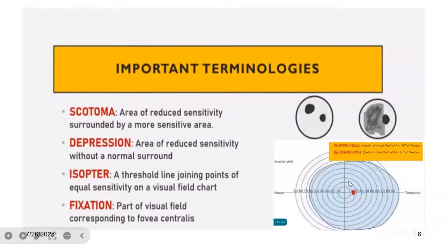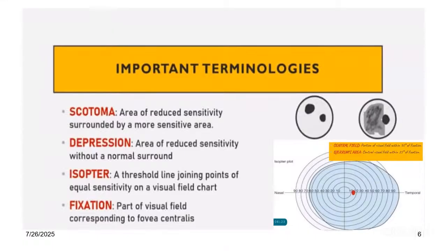And for each retinal sensitivity point on this visual field, this line actually connects areas that have equal sensitivity in a particular visual field, just as we've seen initially on the island of vision, where the sensitivity